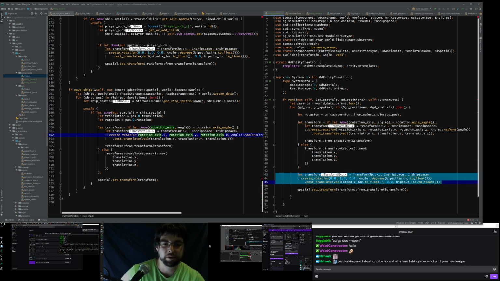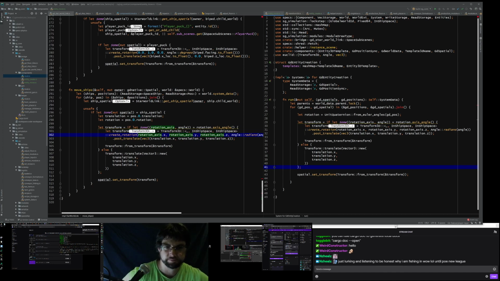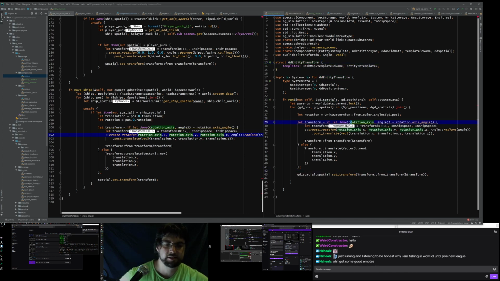So then we've got a transform we're going to put on the spatial. Job done. And this isn't GD entity creation anymore, it's GD entity translation or transform. So this just moves, this just takes the existing